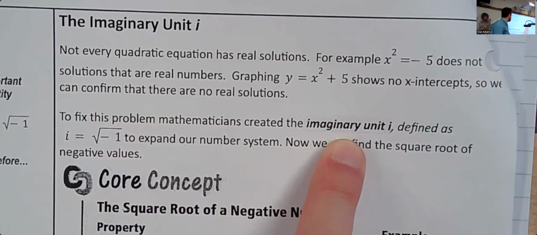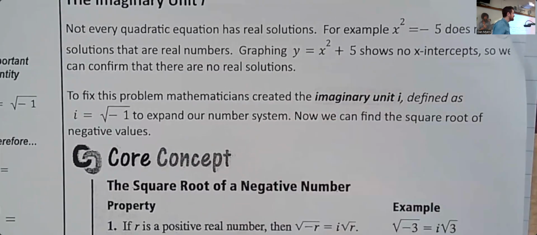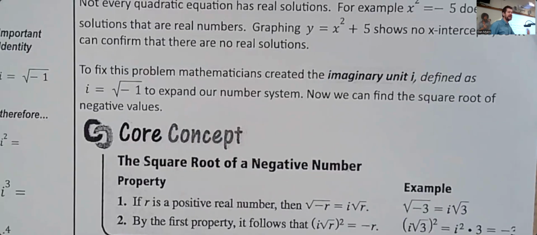So this was originally something that was created, but then it was discovered later that it's actually useful. A lot of stuff in math initially is just done as more of a thought experiment. People are just trying to reason their way through something. And then oftentimes years after those things have been theorized and worked with, somebody else comes along and finds a practical use for it. That happens a lot in math. And that is what happened in this case as well. I don't know the timeline on it exactly, but